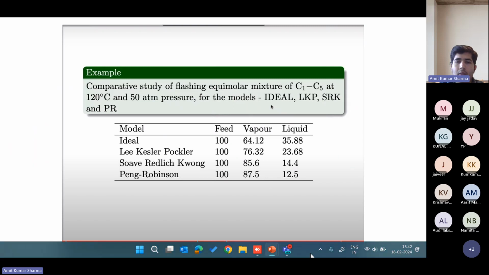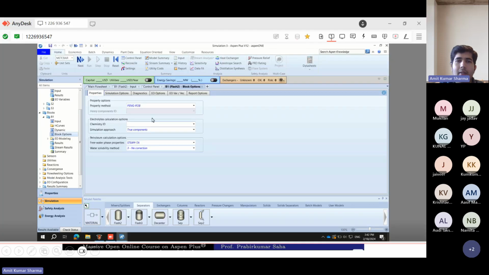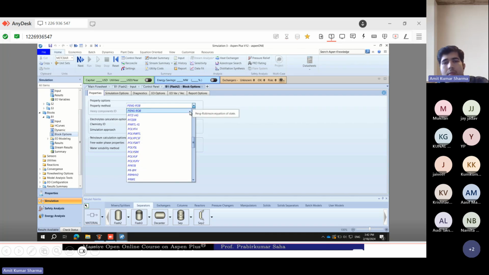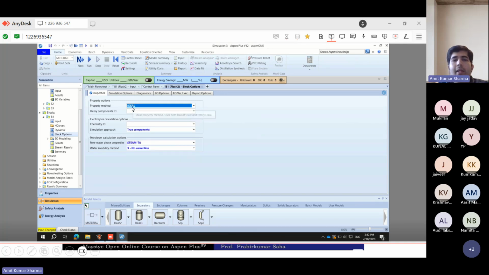Now, if you change the method directly here, because in the property analysis we have already defined 4 methods, you have to change it here only. So just change it to the ideal. This method is already defined in the property, so don't worry, directly run it. Results are available.